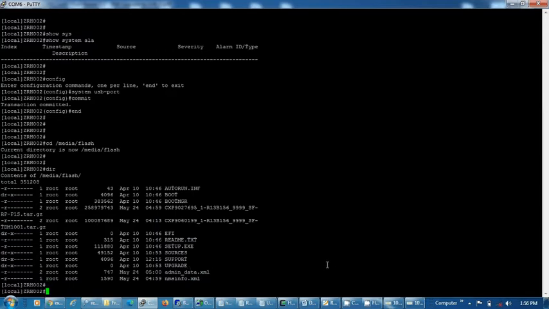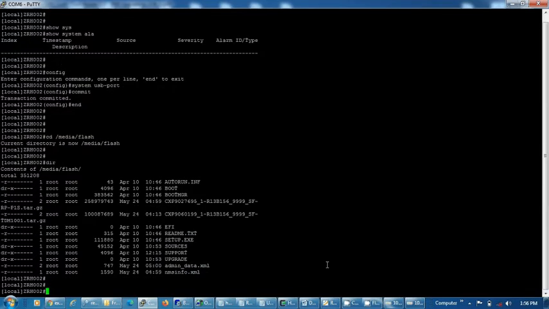So my next step is to create the upgrade release package so that it can pick up all the software from my USB.